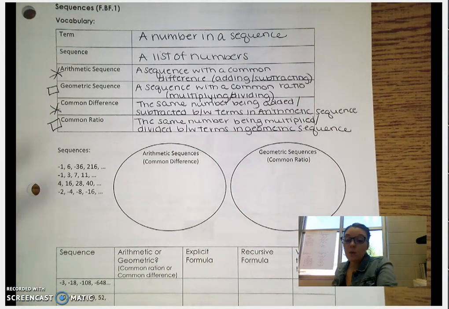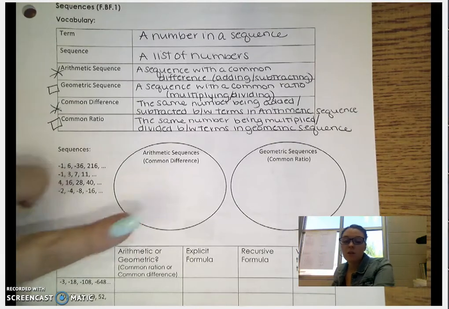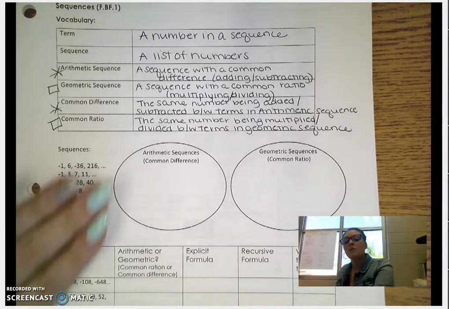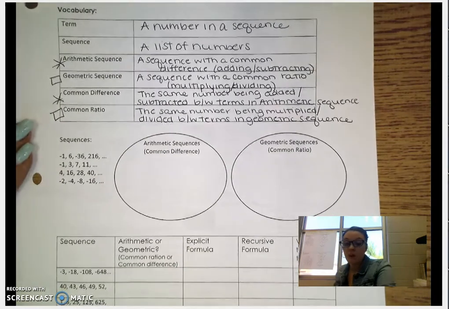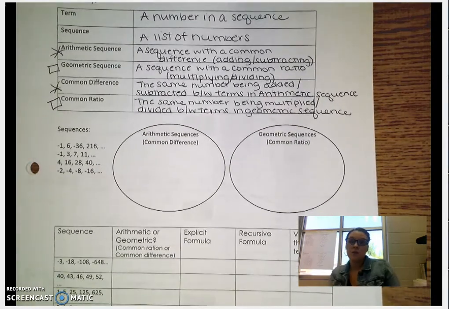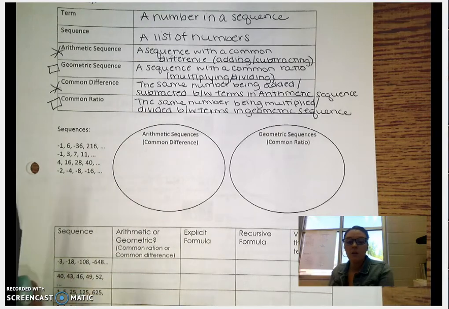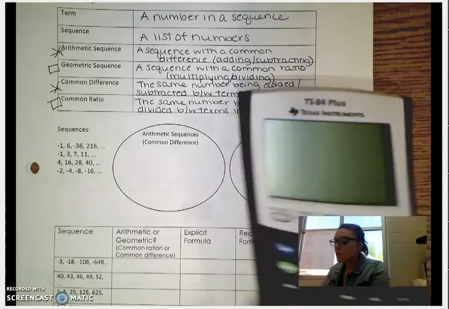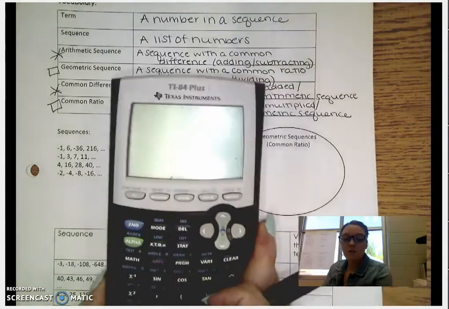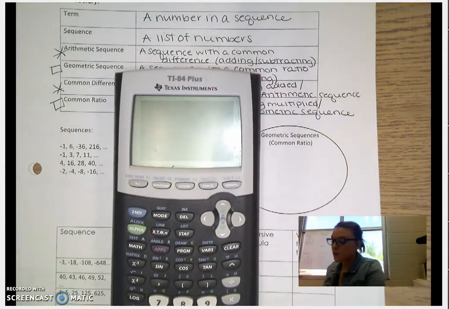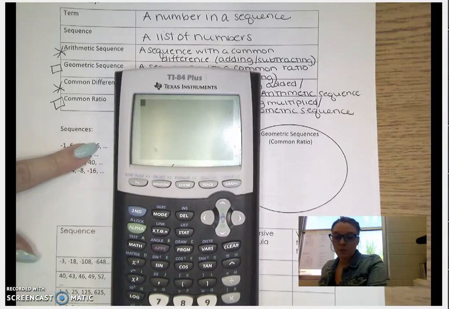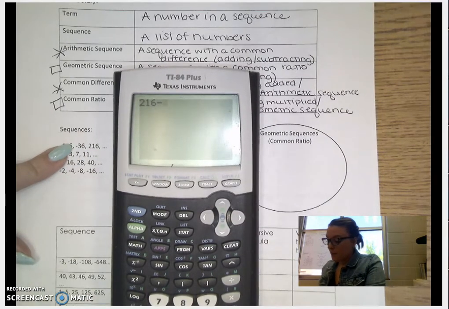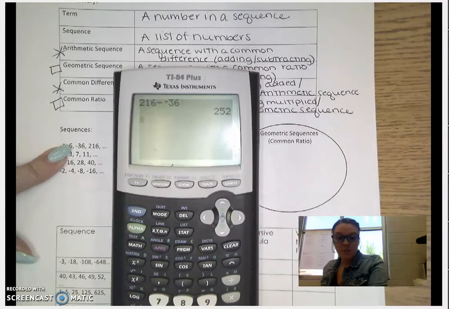Okay, so they gave us a list of sequences, and we have to determine if it's arithmetic or geometric. This page should look familiar because it was the very first page on your sequences packet. To determine if we have an arithmetic or geometric sequence, we're going to work backwards. So we're always going to start at the end of our sequence and work backwards. The first thing we're going to do is determine if it has a common difference by subtracting backwards. So if I'm looking at this first sequence, I'm going to do 216 minus negative 36, and I get